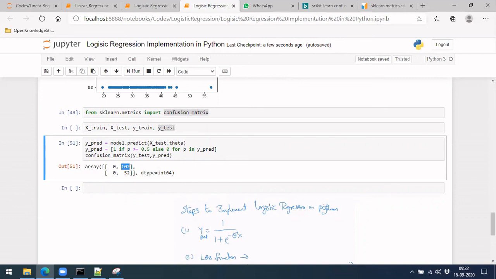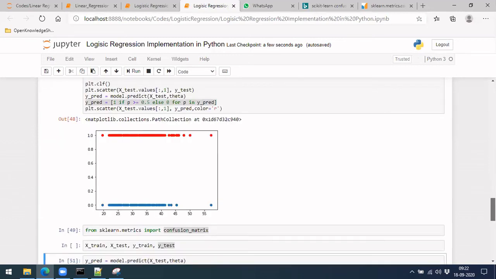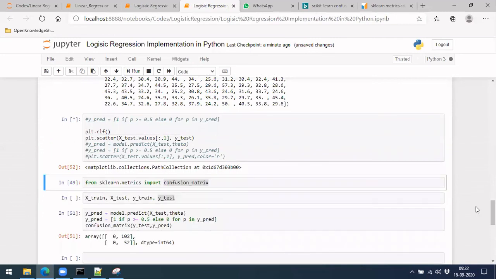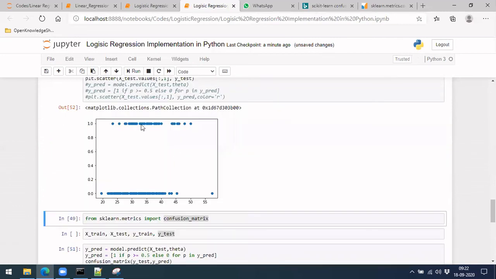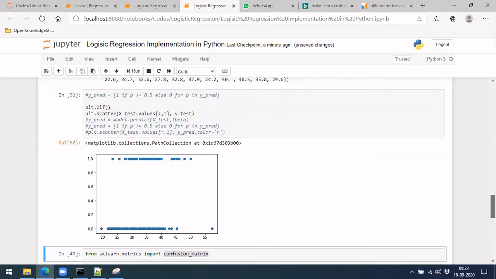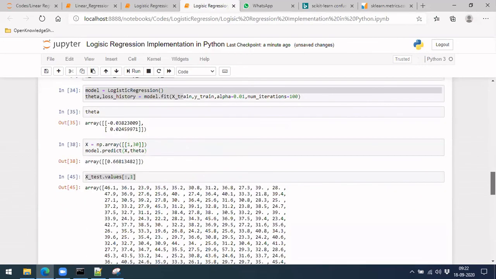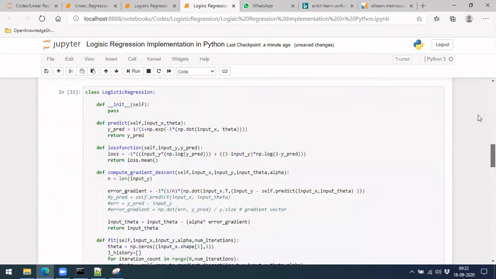So what can be a reason? If you can see this graph, let me plot only the actual graph. With the inputs we have taken, it is something like this. Even though you got some value like this, it actually is not so accurate. It can't be easily separable, like if your mass is greater than 35 it is class 1, and less than that it is class 0. So this variable is not at all useful for prediction.